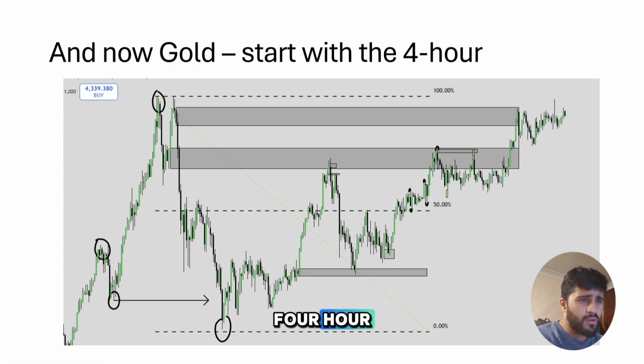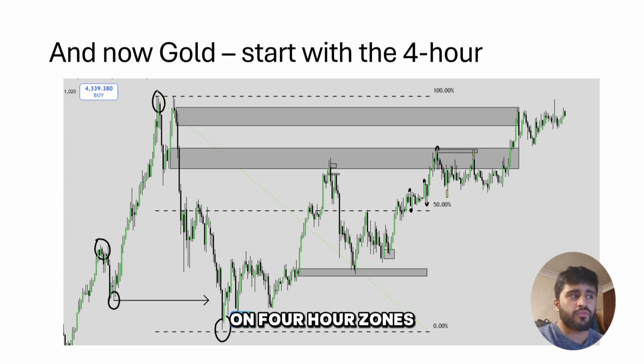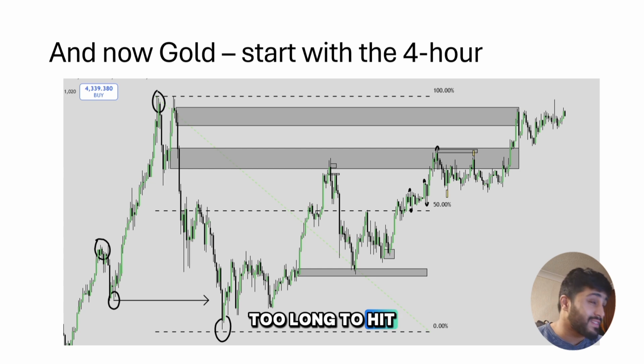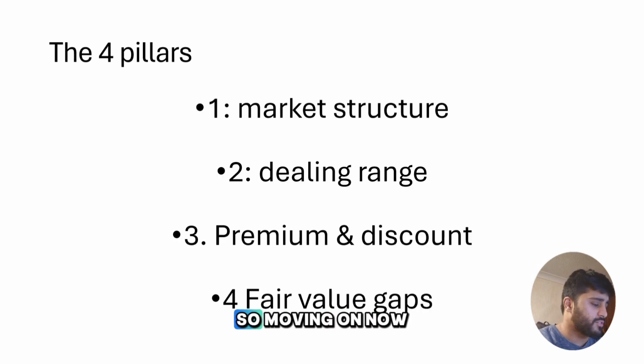But this is the 4 hour. I don't like to rely and trade just on 4 hour zones. I think the 4 hour zones are too wide. Sometimes it can take too long to hit them. And 15-minute zones are a lot more accurate. So